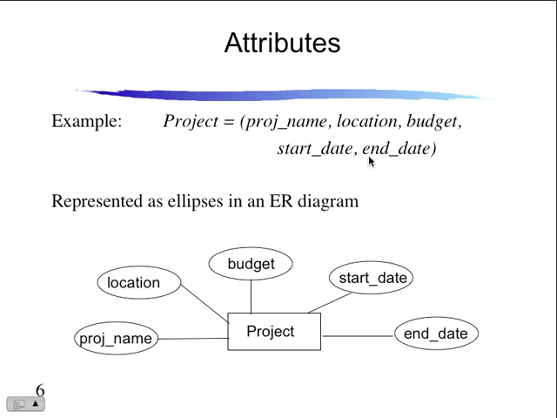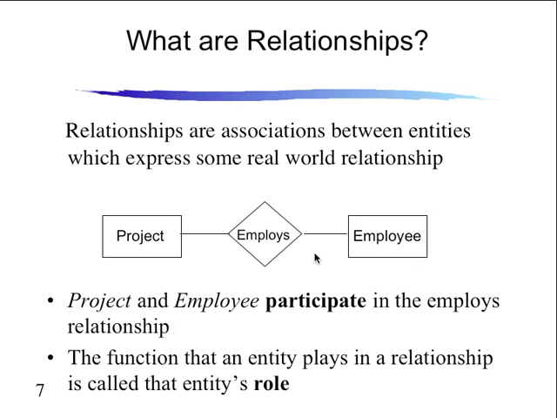So if you can actually think of it in terms of database terms. The reason this diagramming method is very popular is because it is usually translated to the database, although it doesn't have to be. You can create this for a program that doesn't use a database. So we have this concept of relationships, and there are associations between the entities that are expressed by real-world relationships, hopefully. So the project employs employees, and so we have the project and the employee that participate in the employees